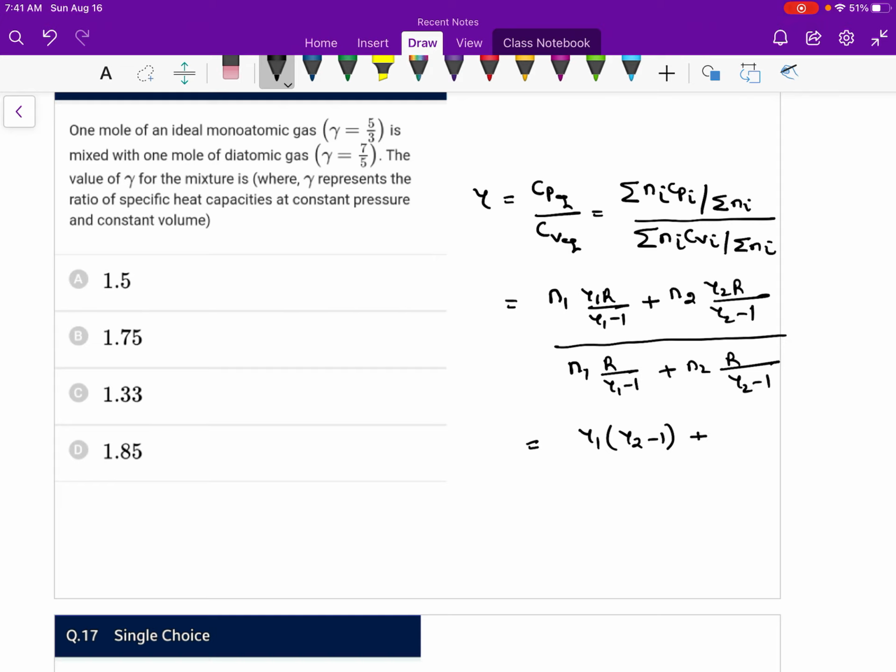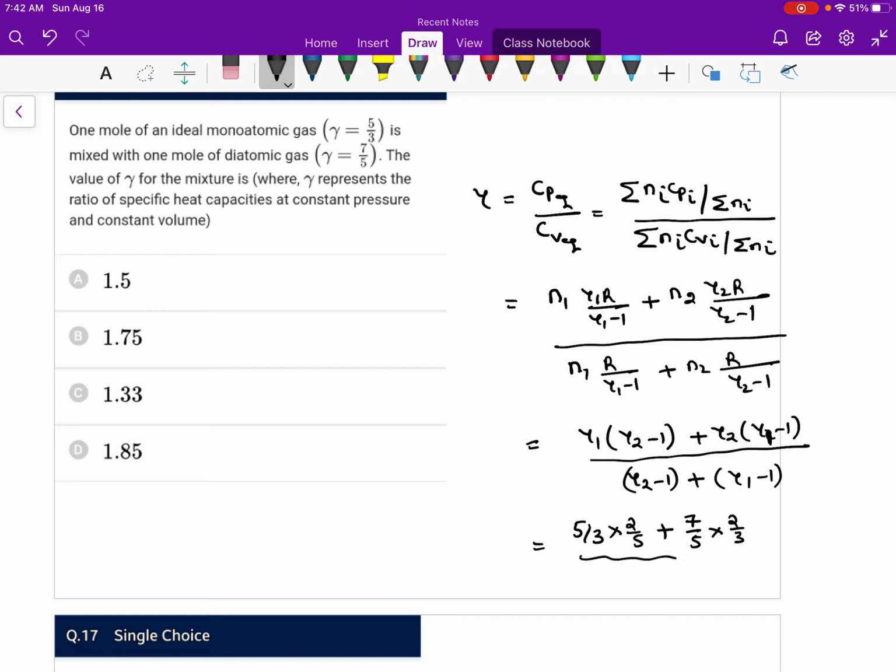So gamma 1 into gamma 2 minus 1 plus gamma 2 into gamma 1 minus 1, upon gamma 2 minus 1 plus gamma 1 minus 1. So gamma 1 is 5 by 3 and gamma 2 is 7 by 5. So 5 by 3 into 7 by 5 minus 1, which is 2 by 5, plus gamma 2, which is 7 by 5, into gamma 1 minus 1, which is 2 by 3, upon gamma 2 minus 1, which is 7 by 5 minus 1, 2 by 5, plus gamma 1 minus 1, which is 5 by 3 minus 1,